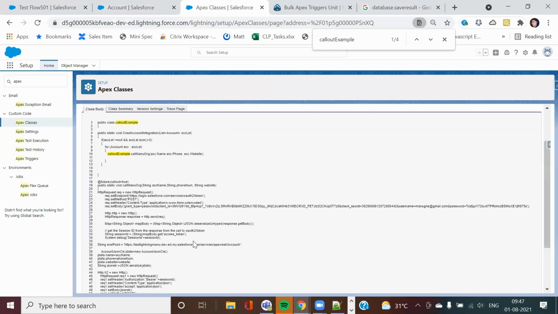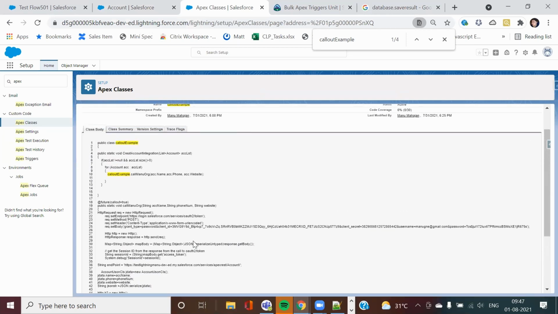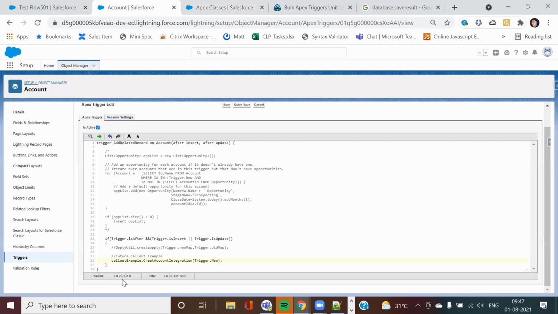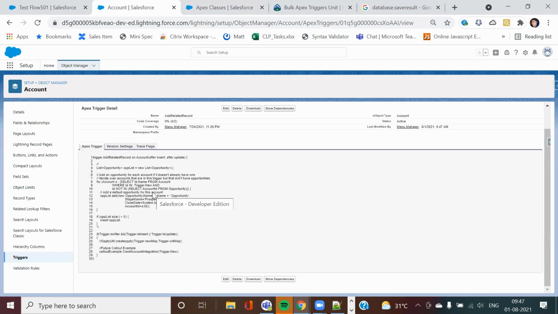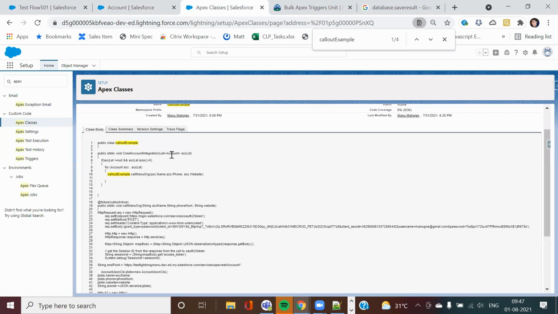So we will try this transaction. Just one minute, let me show you the class. I didn't save it. So now this class is saved. This is what I was talking about. Trigger.new here, if you see, is a list of accounts.